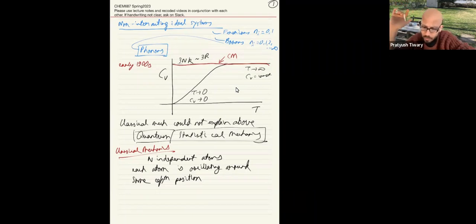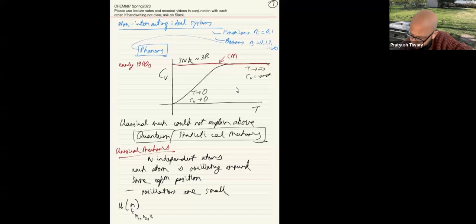And we will assume that the oscillations are small. So if I had to write down the potential energy U of this system as a function of R, where R is R1x, R2x, R3x, going on to Rnx,